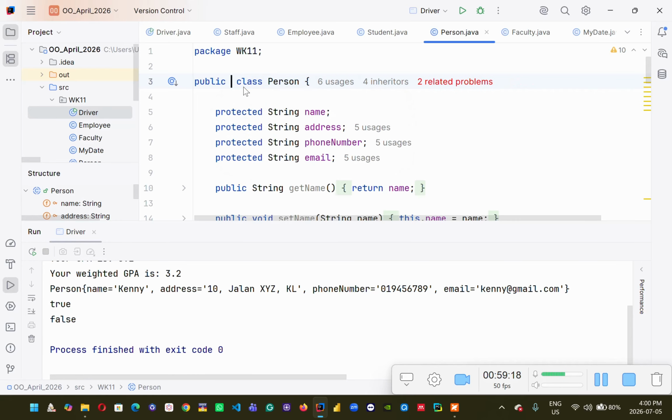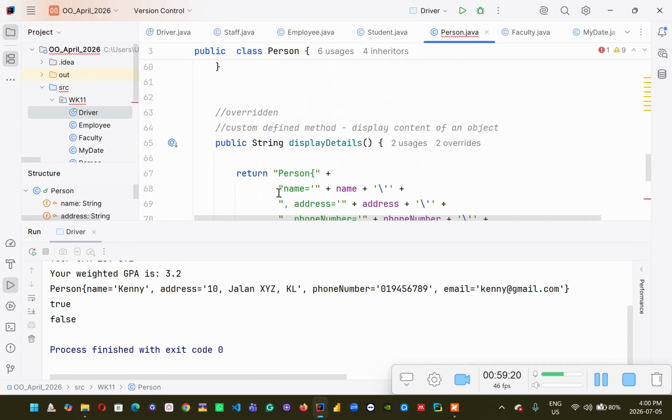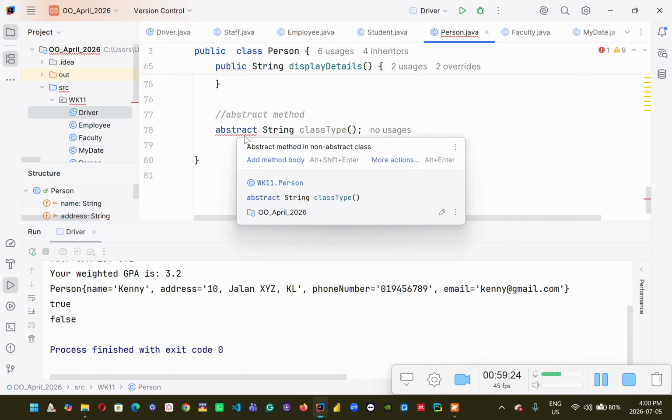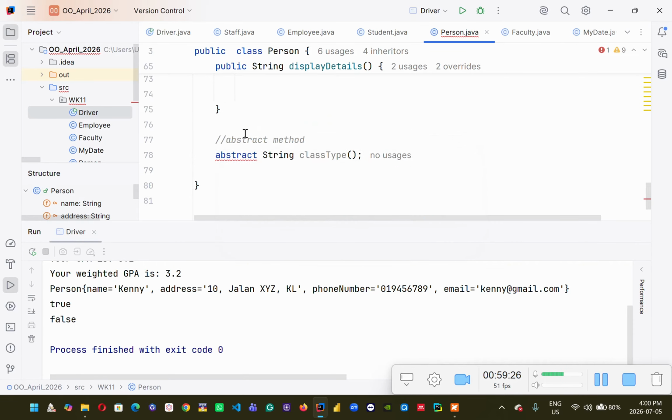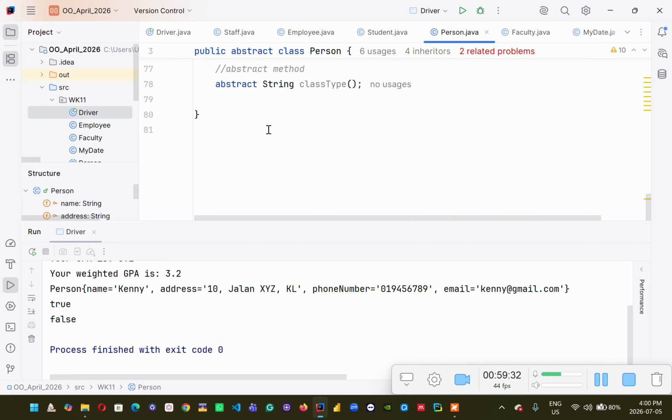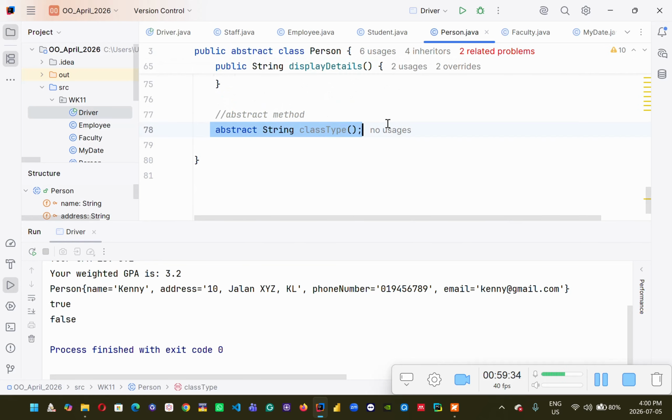So what if I remove this? You'll get an error mentioning abstract method in non-abstract class. So you need to put abstract. Once this is done, the moment you put abstract here, what is actually happening is